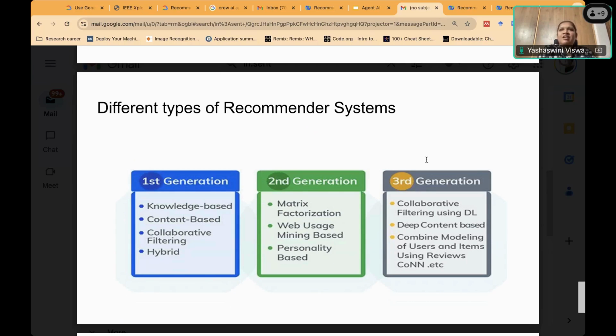Can you give me a personality based recommendation for a book recommender? Or a movie recommender? Go ahead. Fiction or any past searches?